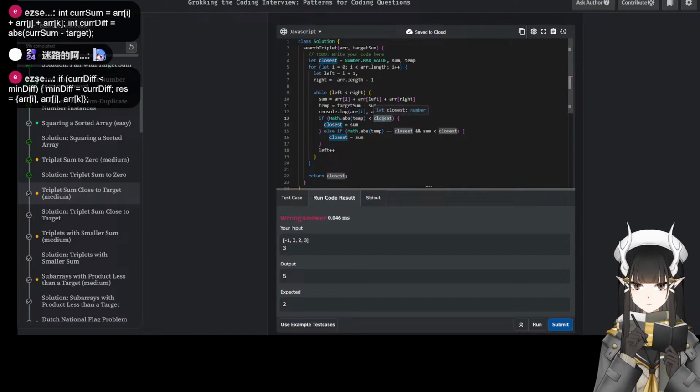Closest currently is 1. So 2 compared to closest. Math temp, 2 is not less than 1. So closest should still be 2.